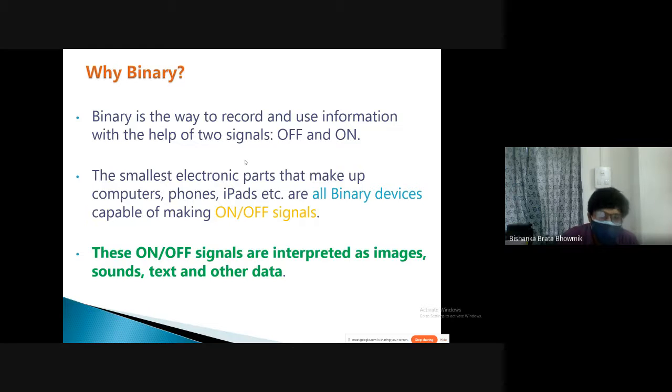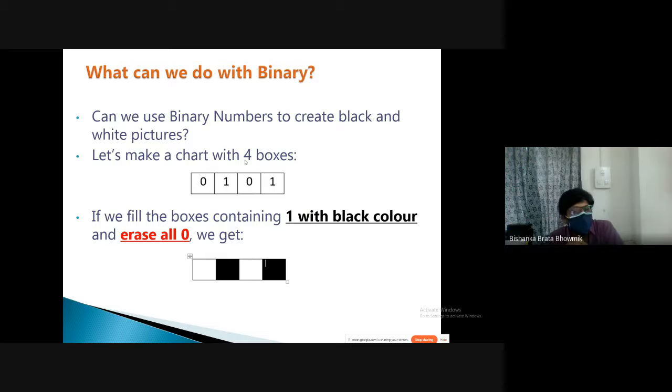This thing happens in the computer, and all the data we save inside a computer, like image, sound, text, or any other data, is saved in the form of binary. Also, we'll try to make one image using this binary system, which you can also teach the class.